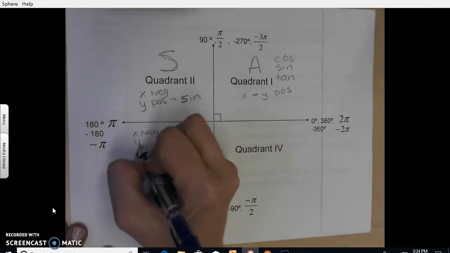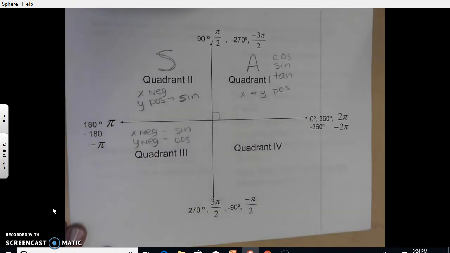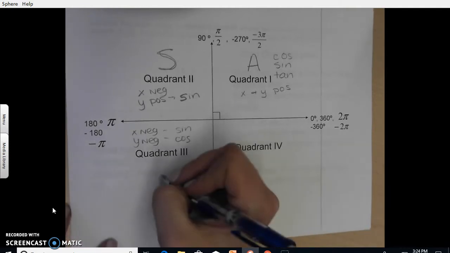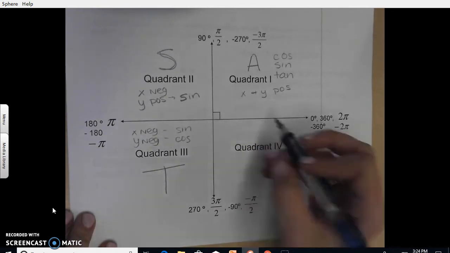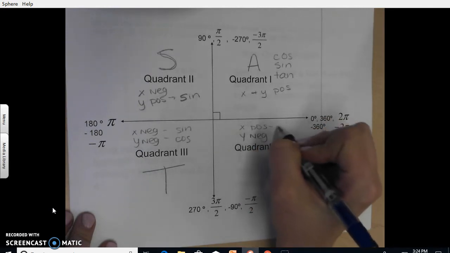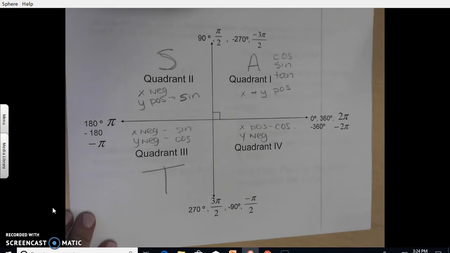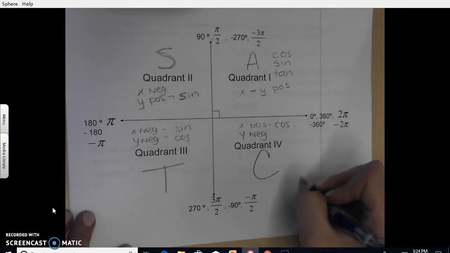X is negative, y is negative, which means sine and cosine are negative, which means tangent, sine divided by cosine, would be positive. And in quadrant 4, x is positive, y is negative, which means cosine is positive, sine is negative, which means tangent is negative, so only cosine is positive. What we like to say to remember this is all students take calc, and